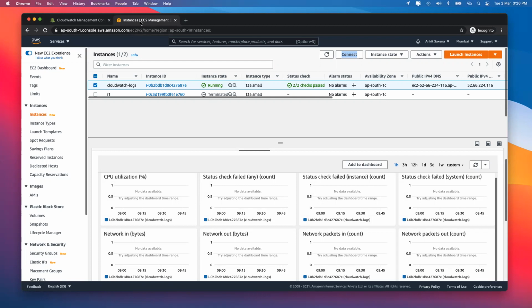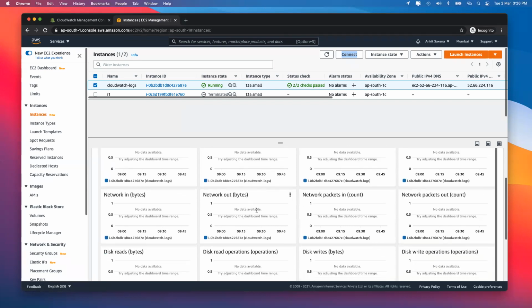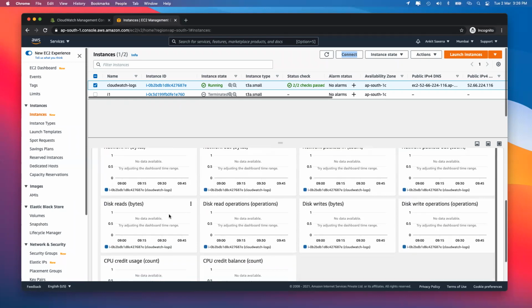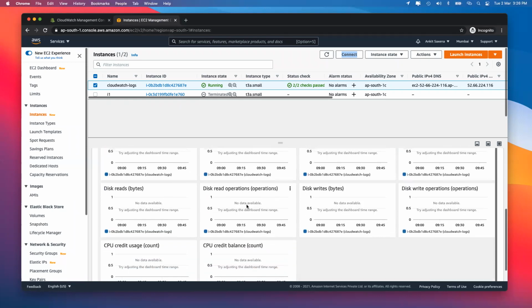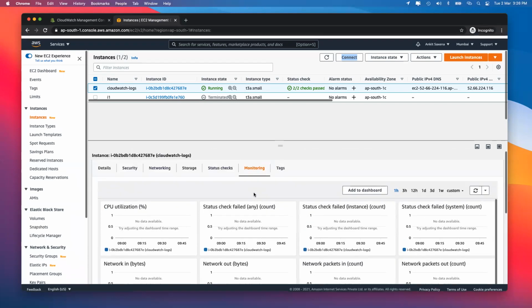Now, AWS CloudWatch listens to the instances and the attributes of the instances on which you have created the alarm. For example, if my CPU goes above a specific percentage, the alarm might be triggered. If my network in or network out goes above something, my alarm might be triggered. Similarly, if my disk read and write go above a certain threshold, the alarm can be triggered.